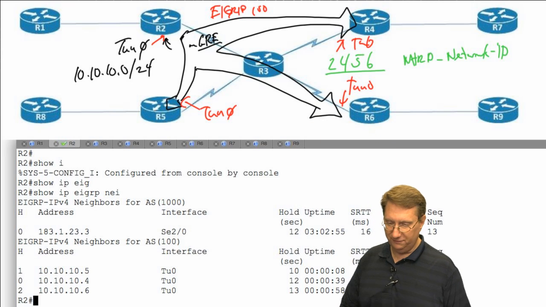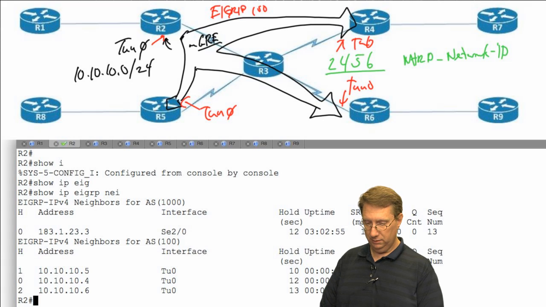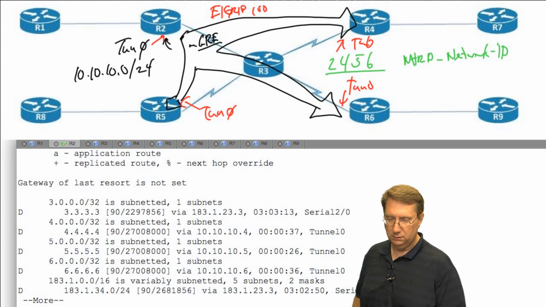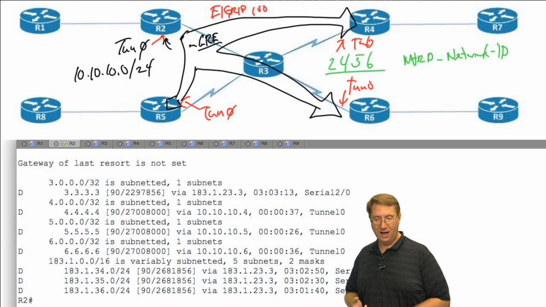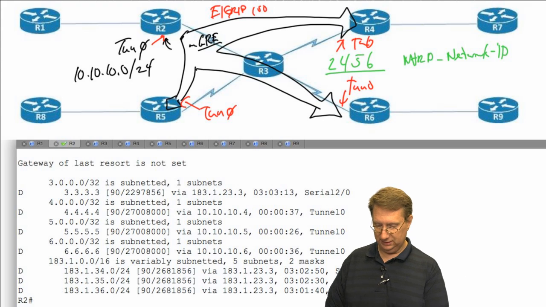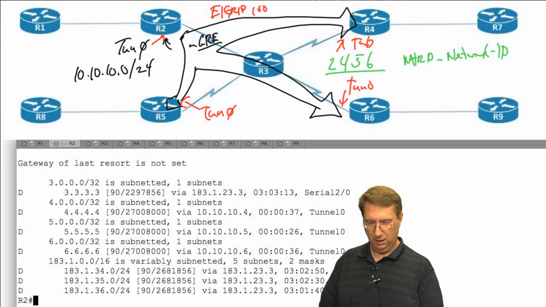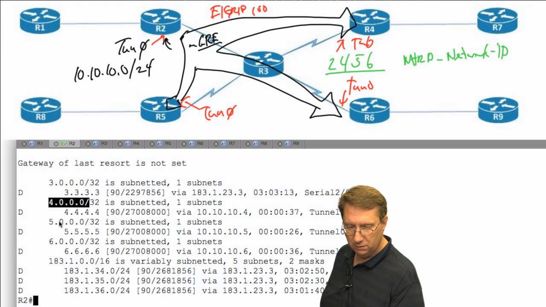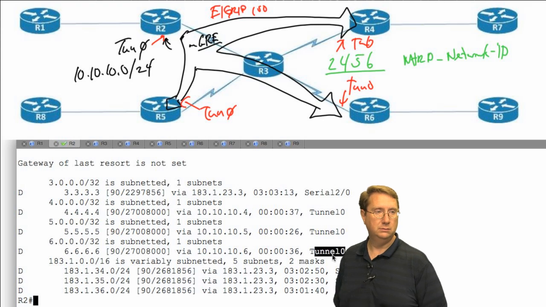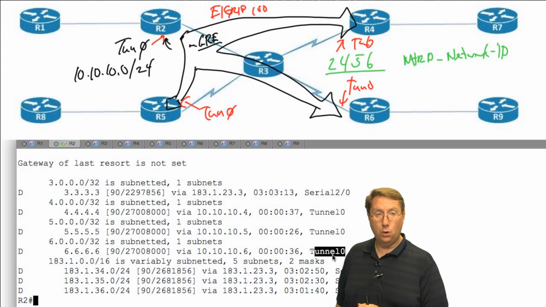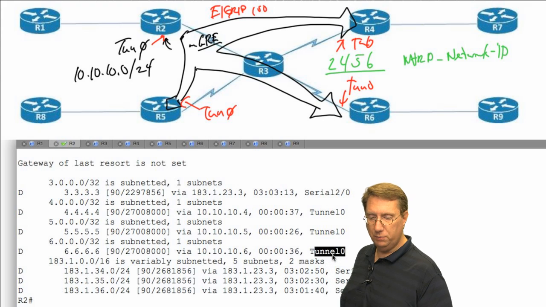From the point of view of the hub, do show IP route EIGRP. Okay, notice I'm learning prefixes. I got prefixes for 3, for 4, for 5, for 6. Let's take a look at this and see where these are being learned from. So notice 4, 5, and 6 are all being learned through my tunnel, tunnel 0. So when I look at this, everything should be good to go, but the problem is if